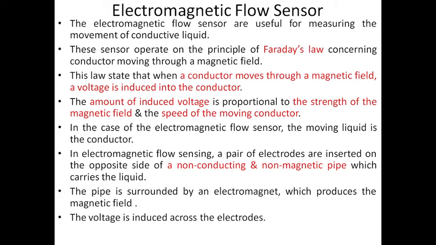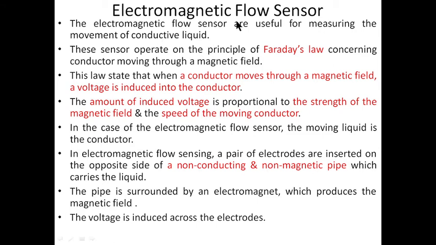We already learned this. In case of a flow sensor, the kinetic energy of a moving liquid or gas is converted into electric energy, and then it is measured. Various types of flow sensors available are liquid electromagnetic, vortex, orifice plate, airflow sensors, and calorimetric flow sensors. Today we are going to see this electromagnetic flow sensor.